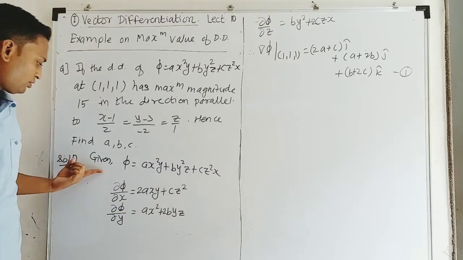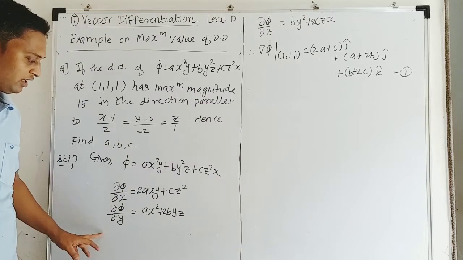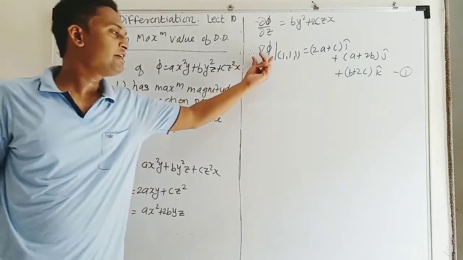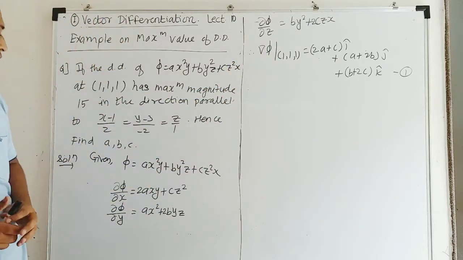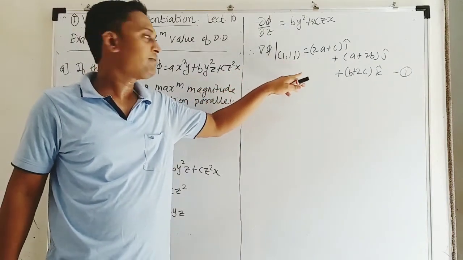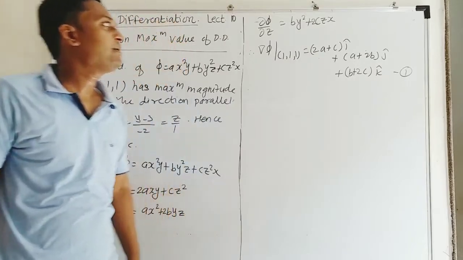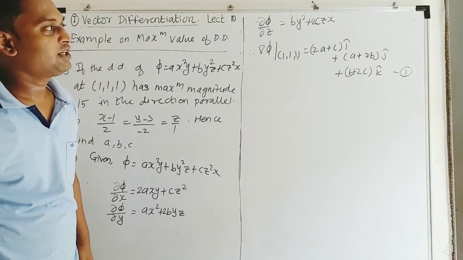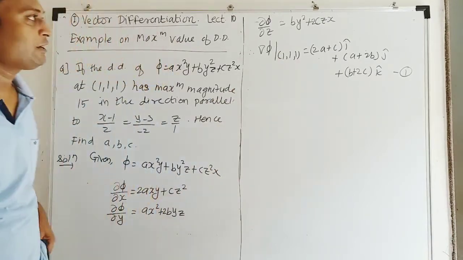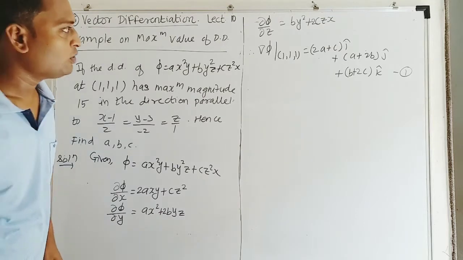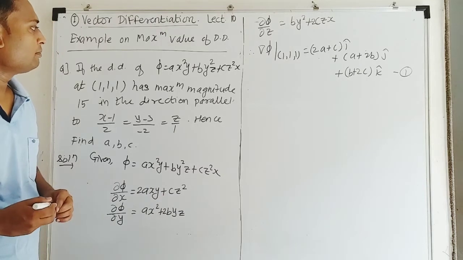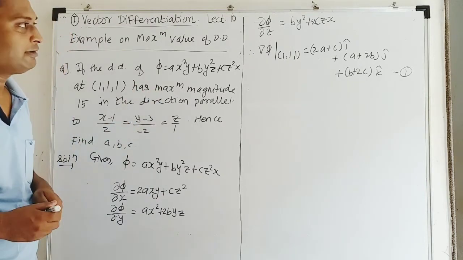Okay. So the given surface is written here. I have determined its partial derivative with respect to x, with respect to y, with respect to z to calculate the value of gradient of phi at that point (1,1,1). So when we calculate, these are the derivatives, and if you calculate the del phi using the definition of gradient at (1,1,1), we'll get this vector (2a plus c) i, (a plus 2b) j, (b plus 2c) k. So we have a vector in terms of A, B, C. We don't have its exact value because A, B, C are unknown. For calculating them, we are going to use the remarks regarding maximum directional derivative.